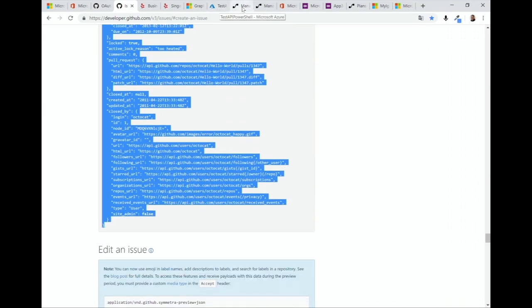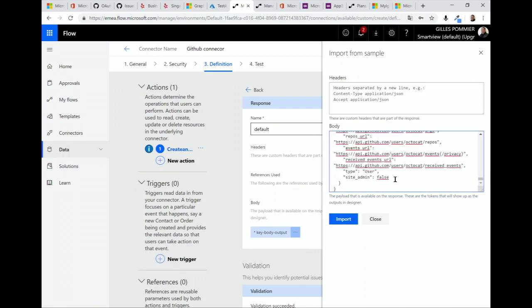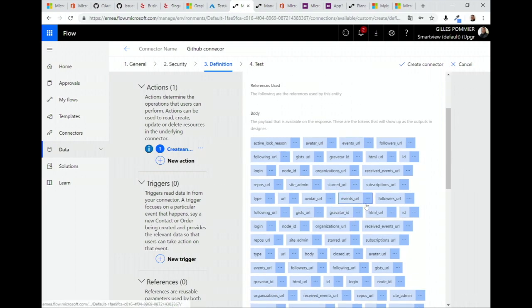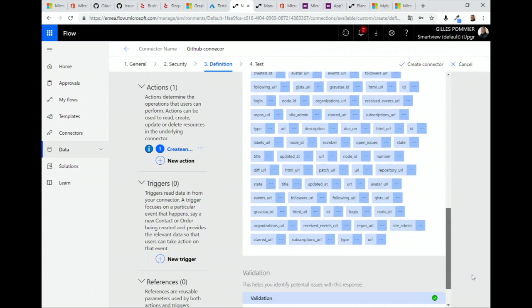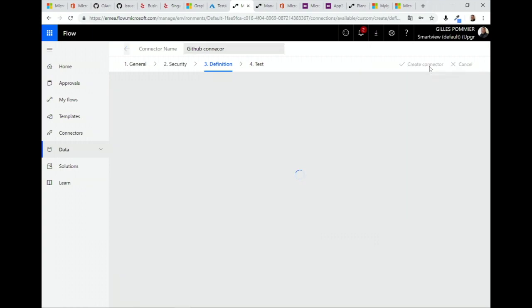Back to my body, just cut and paste my response and click on import. And you see that automatically it will give me all the parameters for me. Okay? Then I can create my connector.